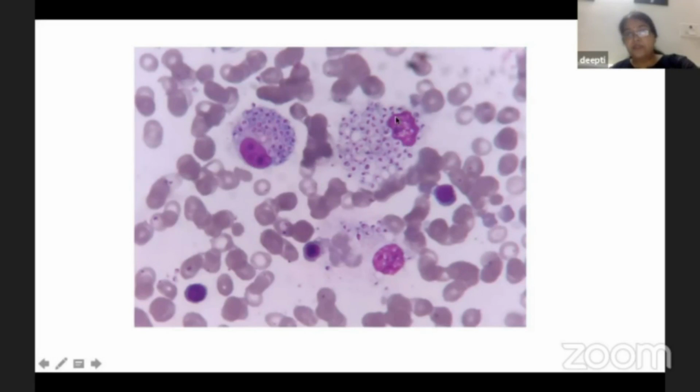These are macrophages which have an eccentrically pushed nucleus, and you are seeing multiple organisms inside the macrophage. These are yeast-like organisms which are separated from each other by a clear space, and some of these organisms are also present extracellularly. This almost clinches the diagnosis of histoplasma. Again, as emphasized in yesterday's class, clinical history and imaging findings are of the utmost importance. If there is a clinical history of pulmonary hemorrhage or hemoptysis, then the organism is unlikely to be a contaminant or a colonizer.